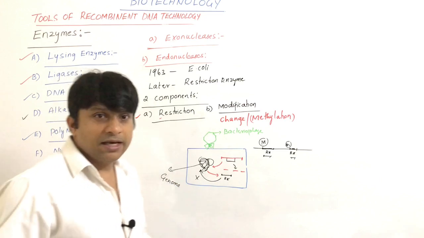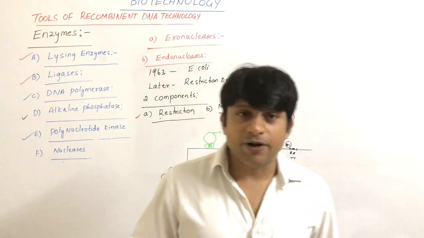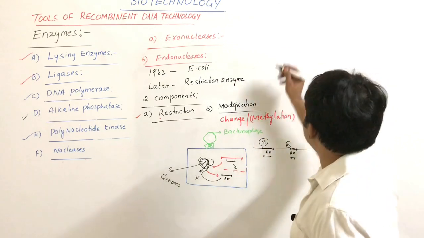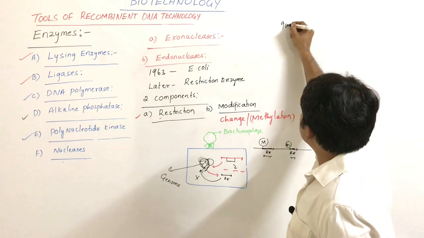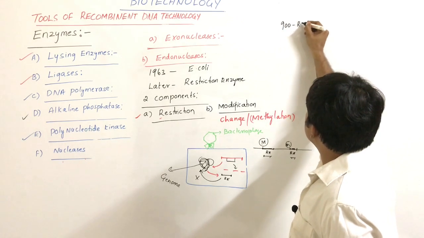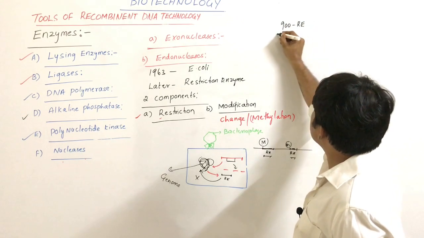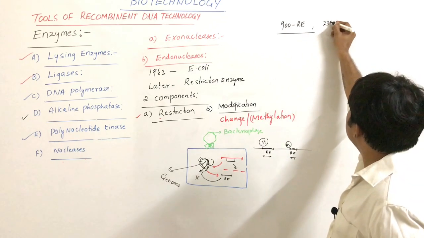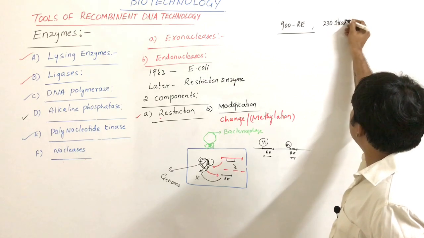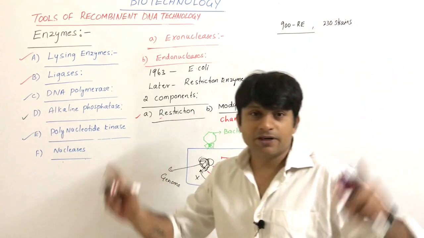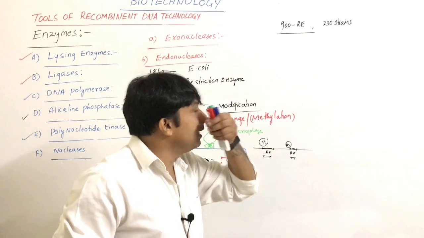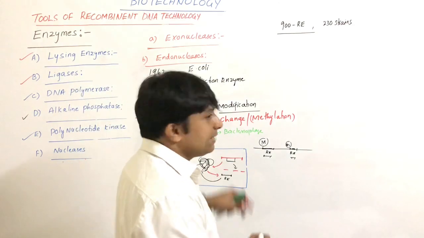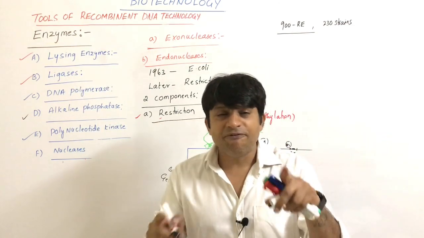So as I said, restriction enzymes are isolated from prokaryotes like bacteria, and so far we have more than 900 different types of restriction enzymes which were isolated from nearly 230 strains of bacteria. We have more than 900 restriction enzymes. Okay, fine. Now restriction enzymes, they will identify a specific